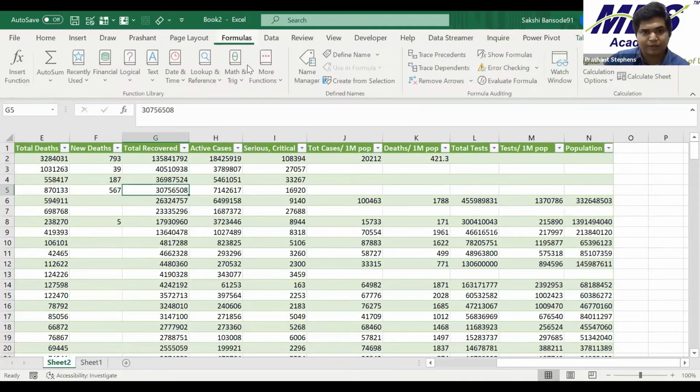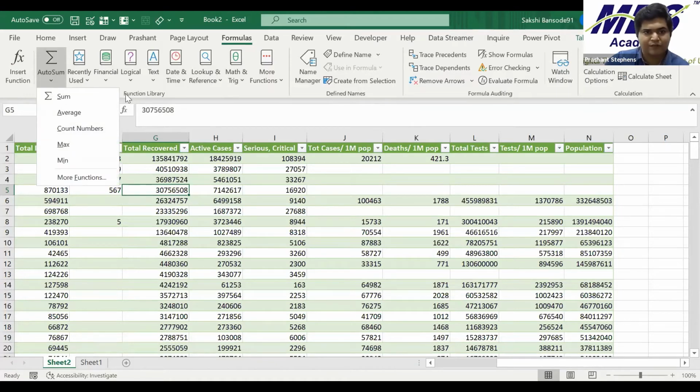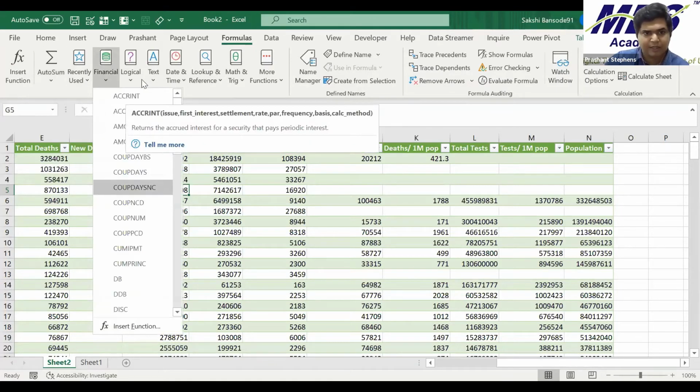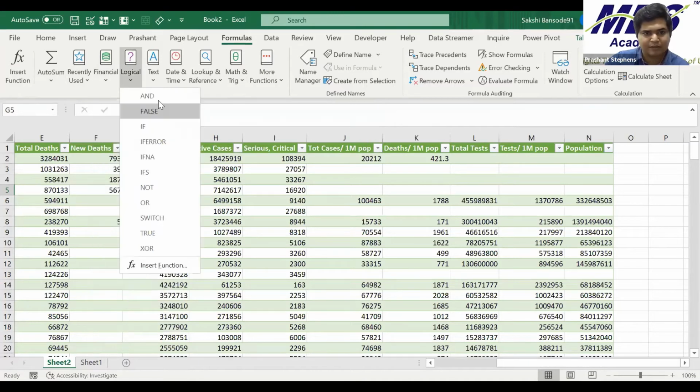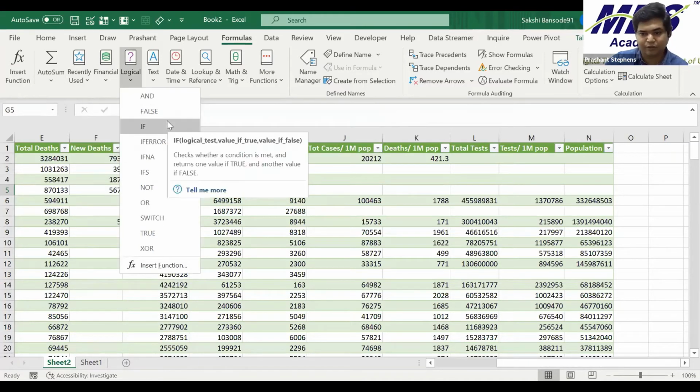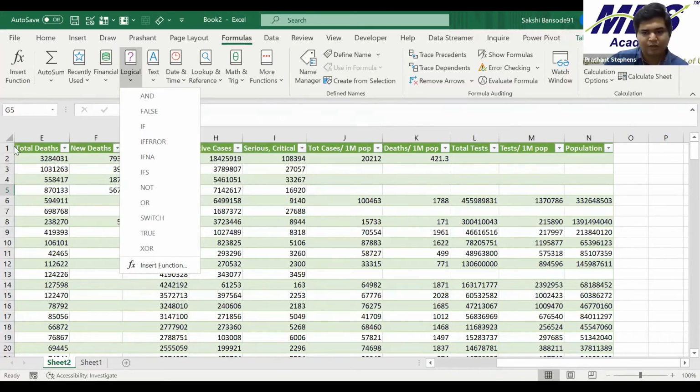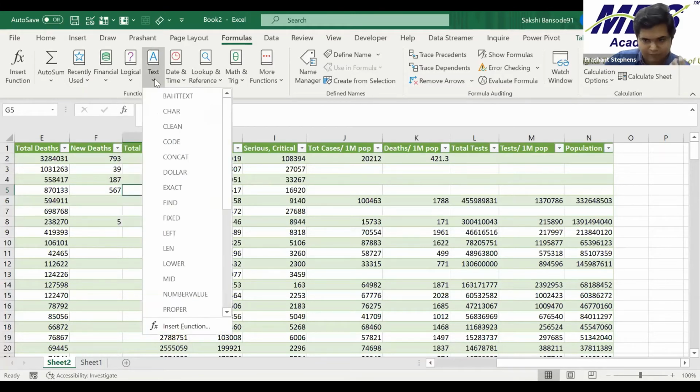There are loads of formulas, like the sum formula, which has sum and average functionality. Then we have the financial formulas. Then we have the logical formulas, which we generally use to give any kind of condition: if one condition is satisfied, execute this result, and so on. So there are a lot of things in Excel which are easily available,